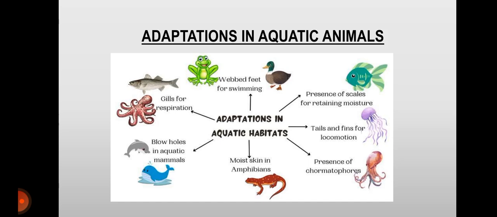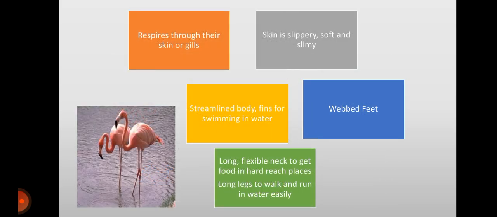Now fish have scales to retain moisture. Some animals like whale and dolphin have blowholes. They are the aquatic mammals. Some of the amphibians have moist skin. So in a nutshell, if we have to put down the points which are there for the adaptations in the wet